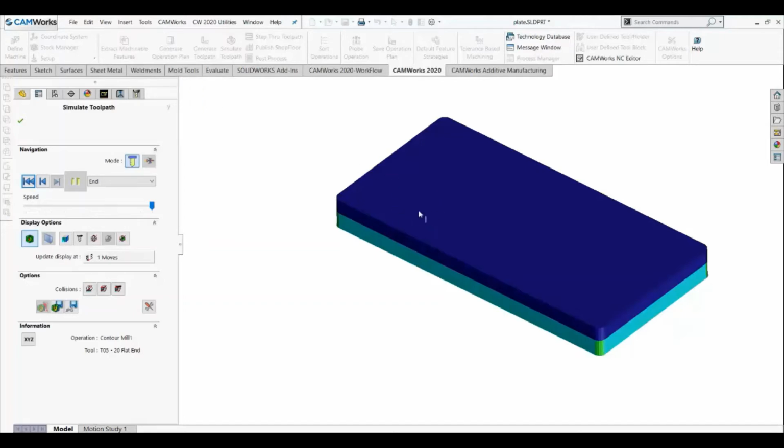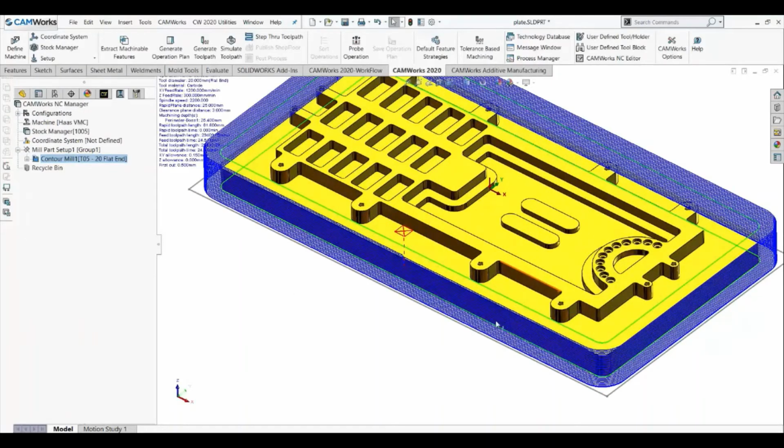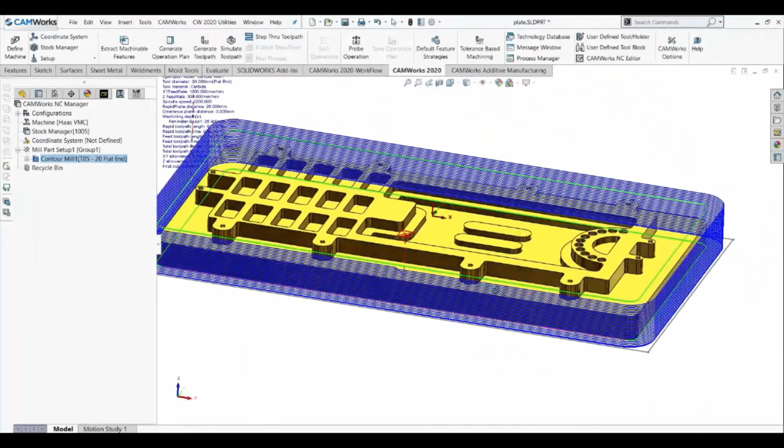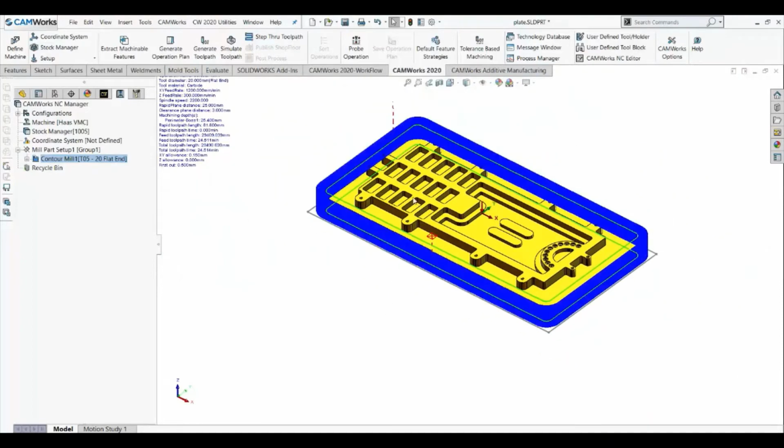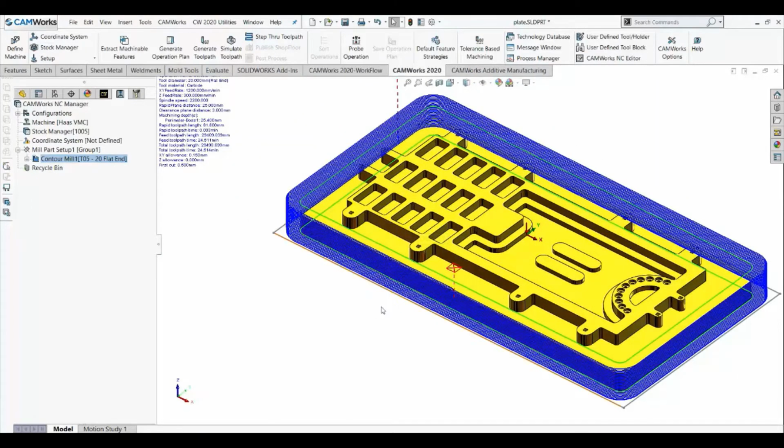So over here the blue color portion is showing that there is 0.4 mm plus material over there, but over here you can see there is a light sky blue color, and it is showing that you have 0.1 or more than 0.1 or less than 0.2. So that is the color coding which is showing you how much material is left at the edges or at the faces of the model. So what you need to do, you need to remove that 0.15 mm material in a single shot, right?